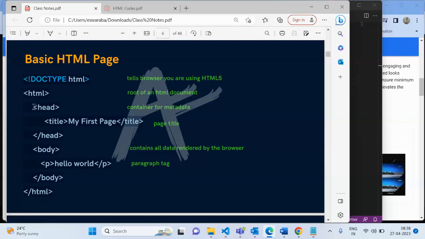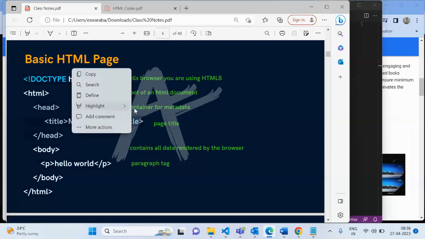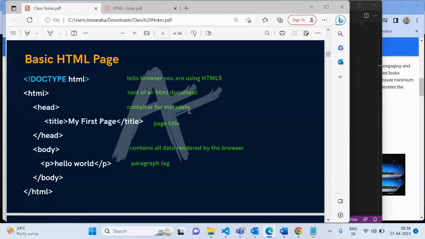So what is the head? See here, where we have a head. Head contains the metadata. Metadata in the sense that our head contains the brain, right? Just like the human body's head contains the brain. The brain will give all the main functionality, right? In the same way, the metadata in the sense of all the styles, all the important things will be in the head. Okay. What is the body?